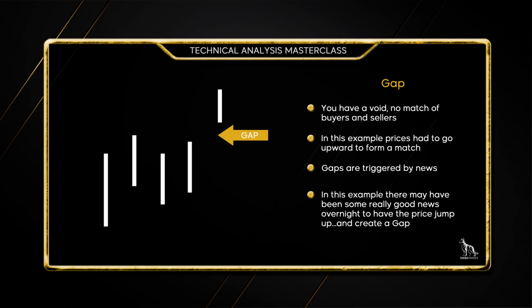So there may have been some really good news overnight that had caused that price to jump up and create that gap. So that's what's happening. In this example, it could have been opposite. It could have been a downside gap, but in this upside gap, you could see that there was some news overnight. Prices jumped up right before the opening, and the first opening bid, so to speak, or trade is well above the overlap range. There's a gap in between. So that's how you understand gaps, and what you're looking for is basically space in this void between two trading periods, or between 2 days.